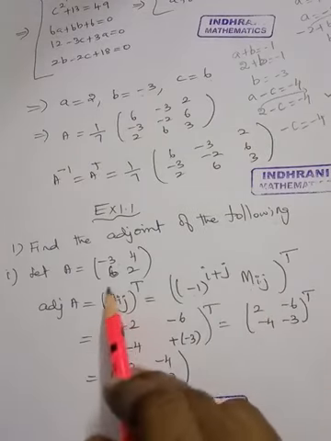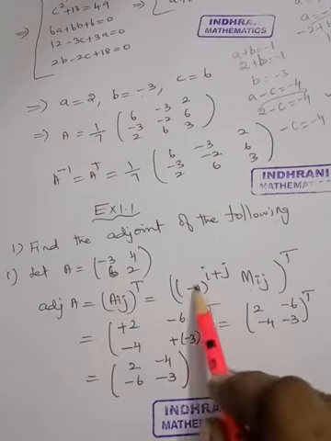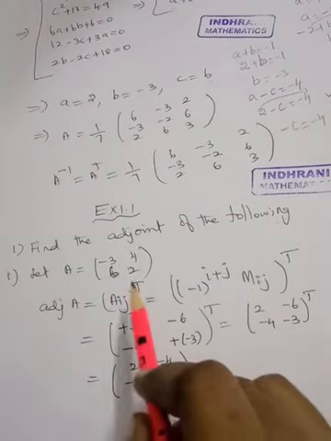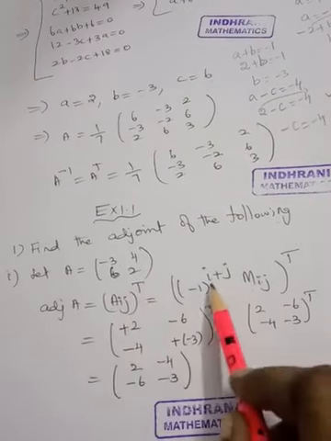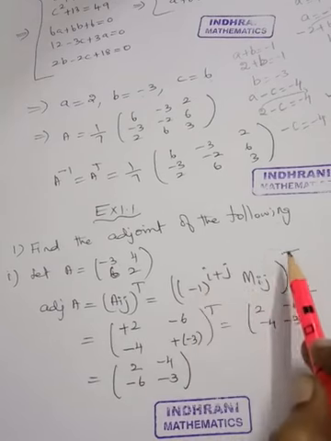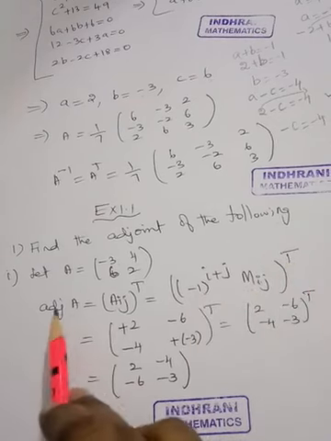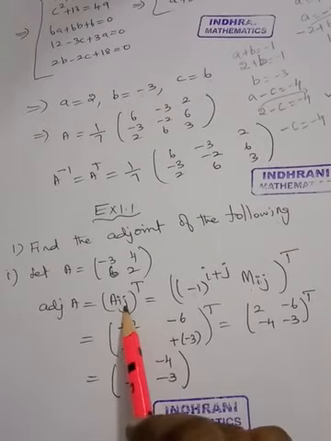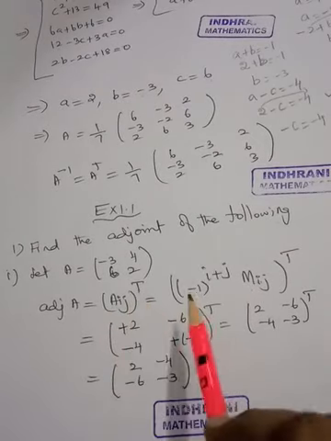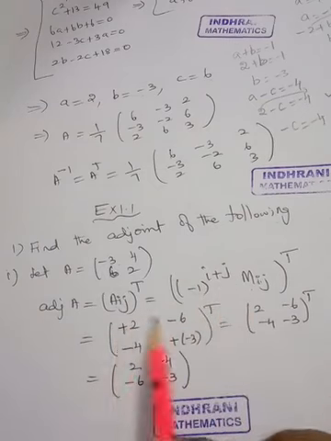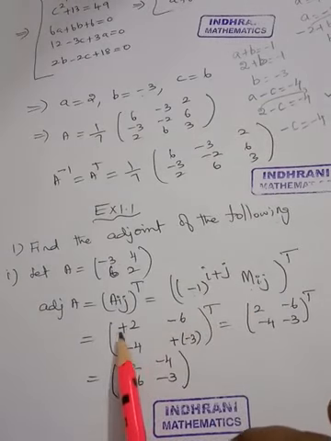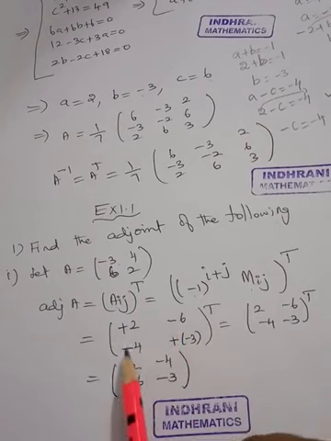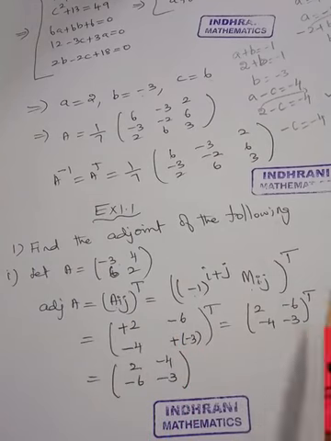So we are going to start now with the signed minor. Aij is a cofactor. Cofactor is nothing but signed minor. Then find the transpose. So adjoint of A is equal to the matrix (Aij) whole transpose. The signs are plus, minus, minus, plus. It is not alternately plus, minus. So we want to find the minors.